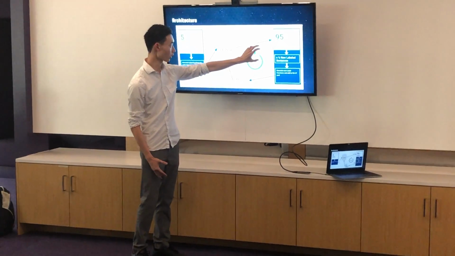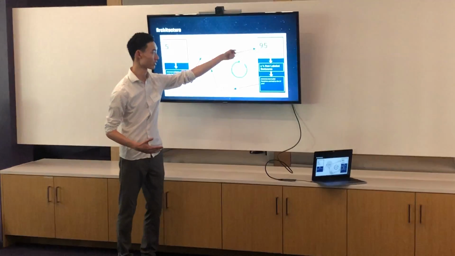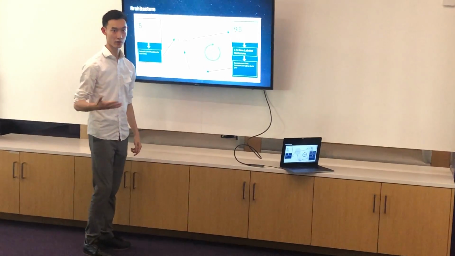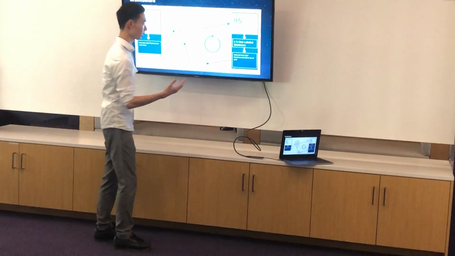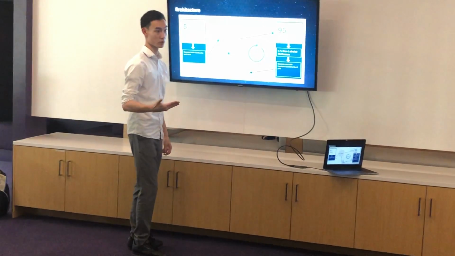For example, of this 95% of unlabeled data, 10% get new labels, and we assume those 10% have correct labels. We want to generate new labeling functions from that additional 10%.